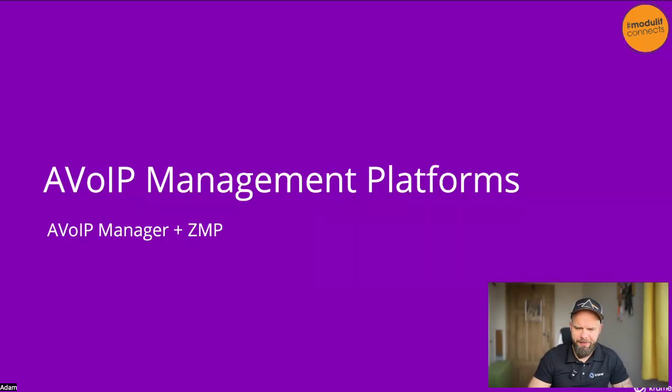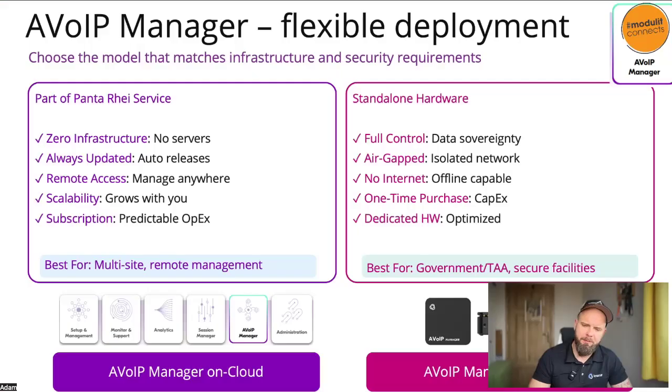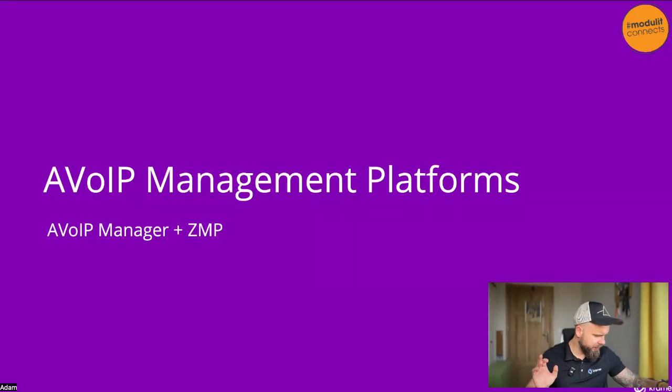Okay, the next thing is actually management platforms. Because if we are considering AV over IP infrastructure, really often we forget about one thing, which is the AV over IP manager. It's an independent hardware device in the system, connected to the IP switch, and it manages the configuration of encoders and decoders. Really often we just don't remember to add it, but it's important, especially in many cases.